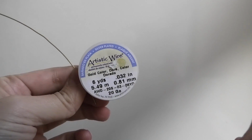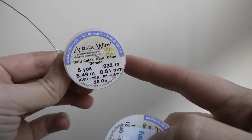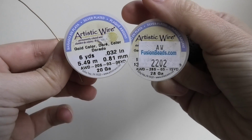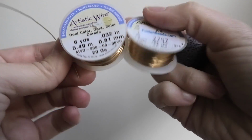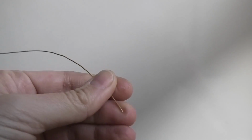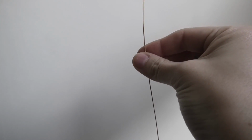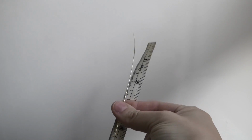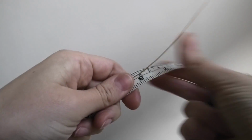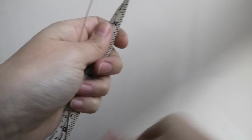So in this video, I'm going to be using some round wire, some 20 gauge. This is the Artistic wire brand, and some 28 gauge, and they're both in the gold color. So for the thicker wire, I'm just going to use this one piece that I cut, and it is about 10 inches, and my bead,